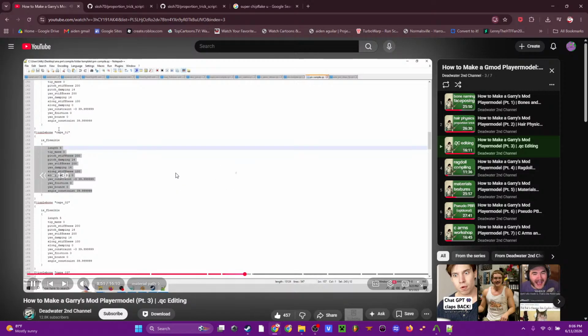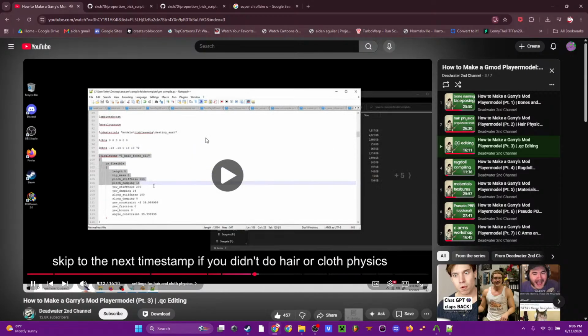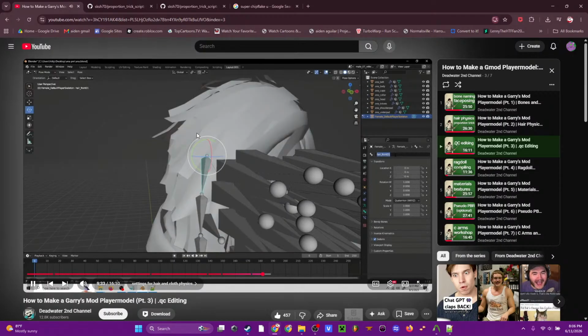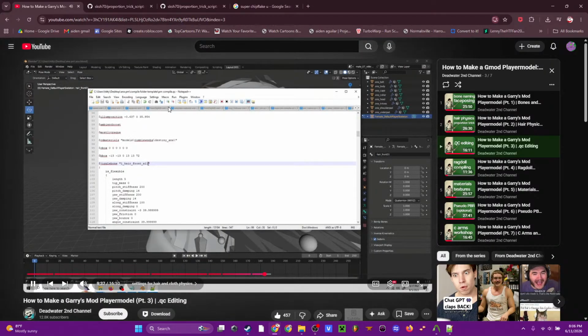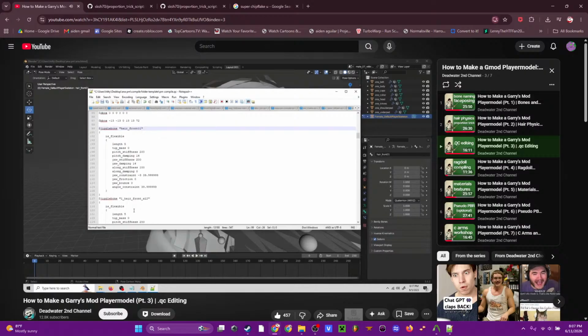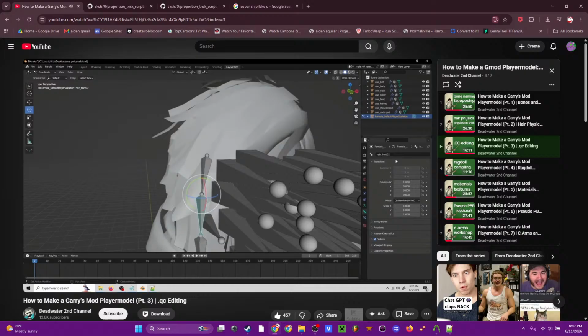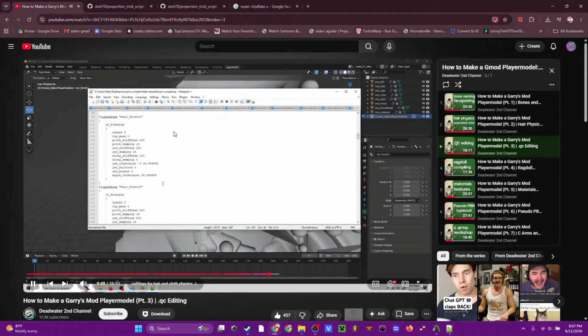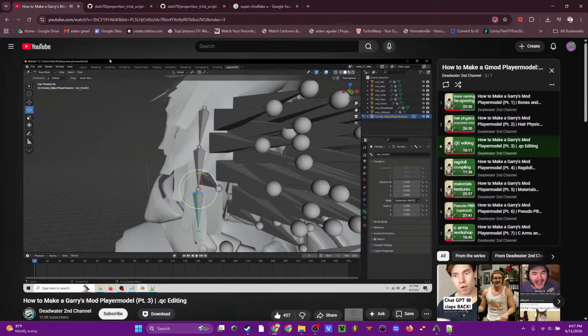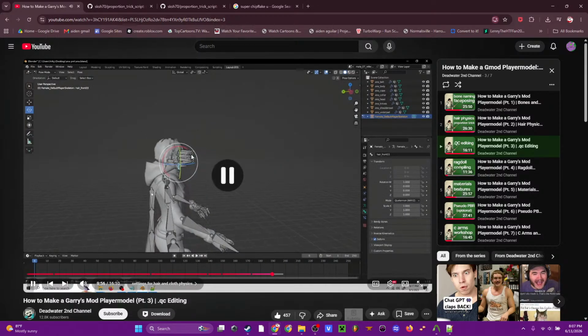Let's go back and see if I missed something. Ah! Too far. Next thing that we're going to focus on is called hair_front01, so we're going to copy that, and we're just going to replace this bone name with that. There we go, and we're going to do that for the rest of the hair bones until we run out. Okay, so those are the only hair bones we have on this model. There are a lot more hair bones that are listed here, but we don't have any more hair bones, so we're going to actually turn those into